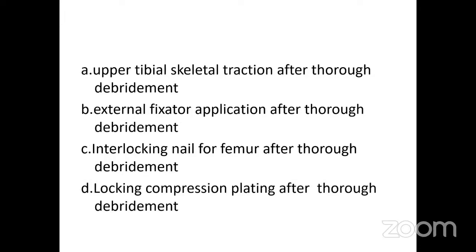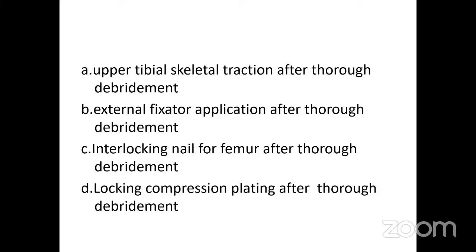So remember, it's a polytrauma case, and the patient is having a head injury, abdominal injury, and an injury to a long bone. So it's definitely a polytrauma case. And so what will you do? It is not only a polytrauma, it's an open fracture also. It needs thorough debridement also. So even though you write it as debridement, you pronounce it as debridement. The options are upper tibial skeletal traction after thorough debridement, external fixator after thorough debridement, primary treatment with interlocking nail,